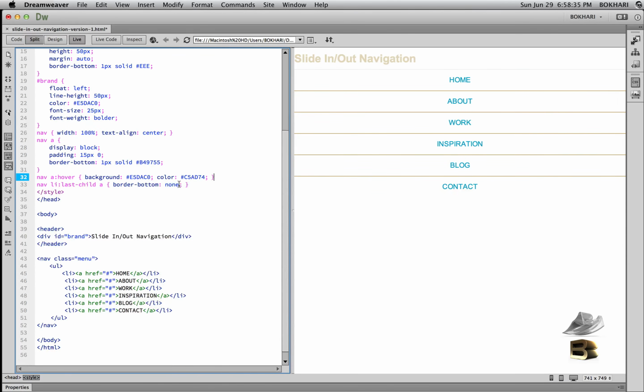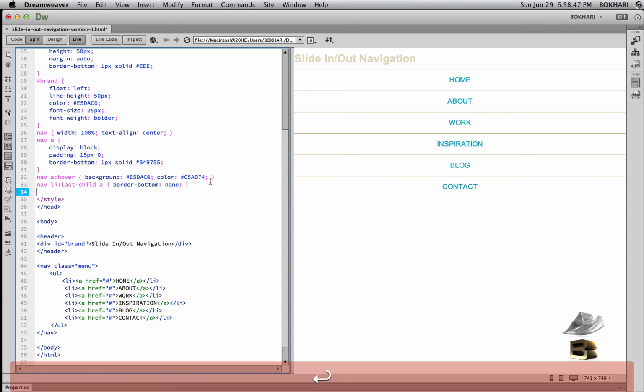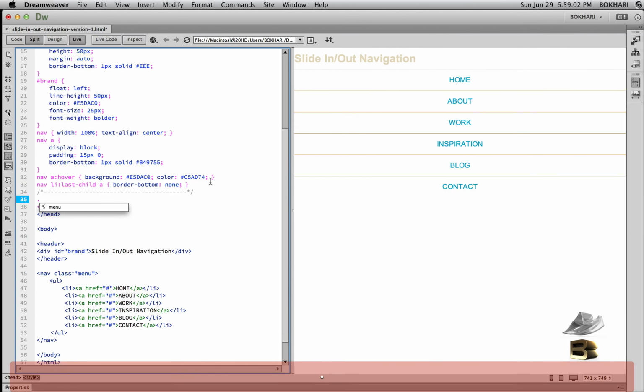Okay, we are almost done with the navigation. Now we are going to work with the menu, class menu, okay, this part. So this is where the fun begins, okay. So I'm going to give it a comment tag in there so that we know from here the fun begins. So menu,